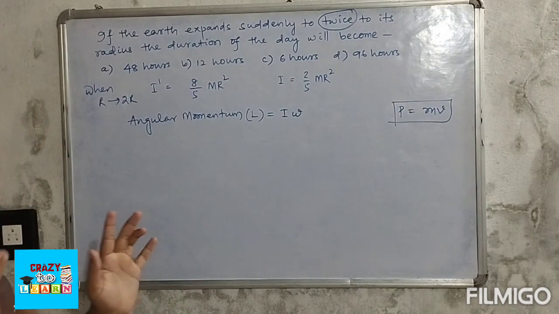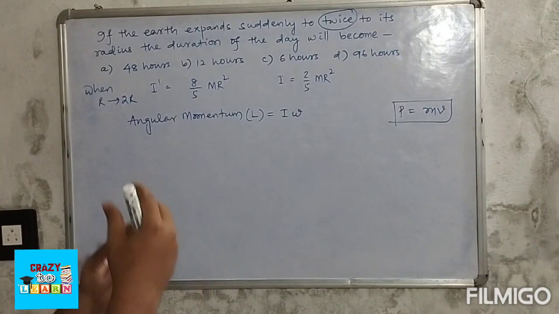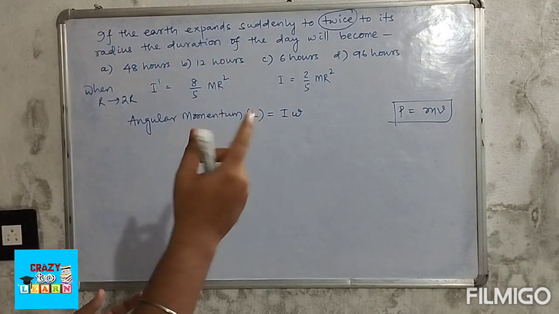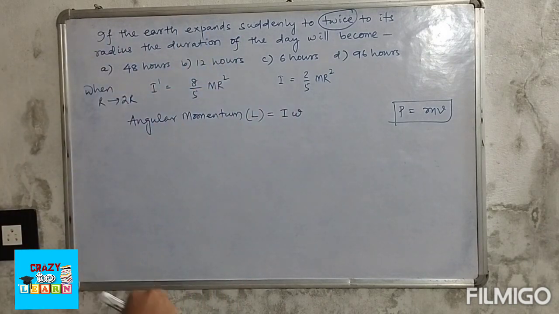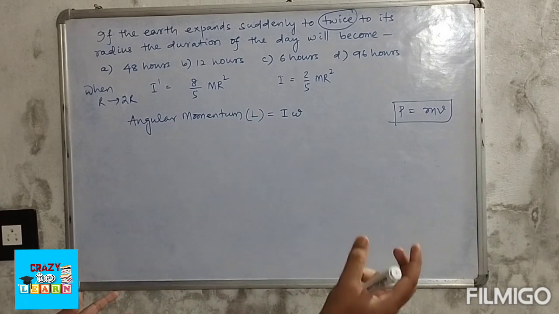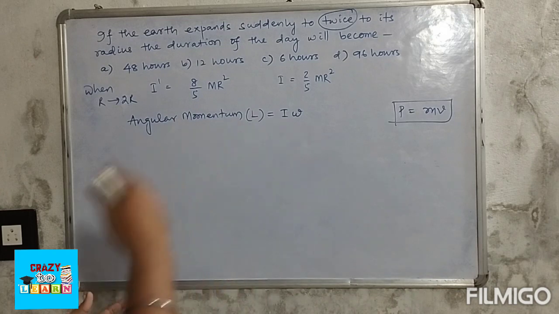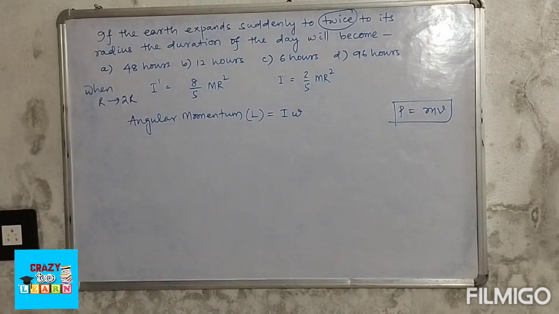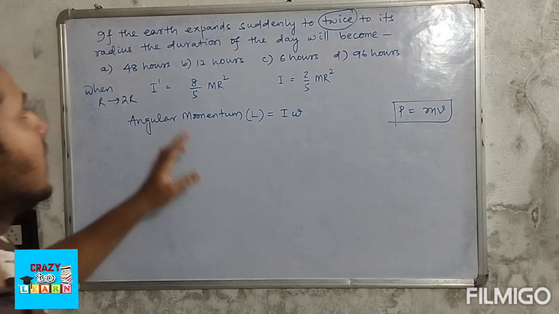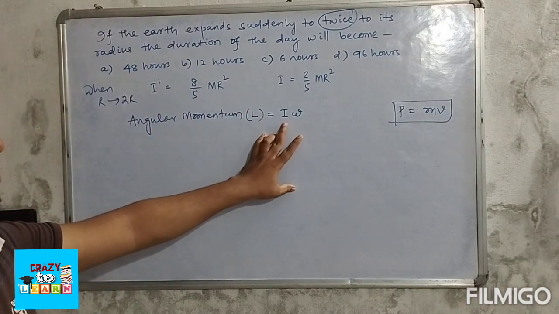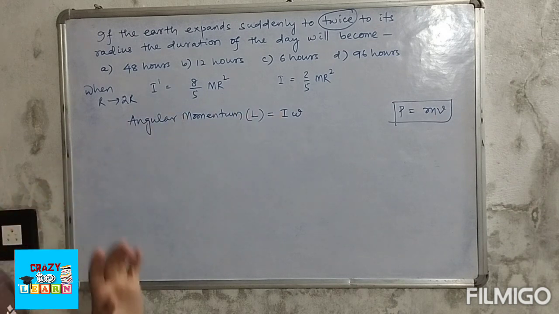When you are thinking about rotational motion, just compare with the linear motion. In the place of mass you have to take moment of inertia, in the place of velocity you have to take angular velocity, in the place of acceleration you have to take the angular acceleration. In this way we can easily find out the formula. So for both the cases the angular momentum is the same.